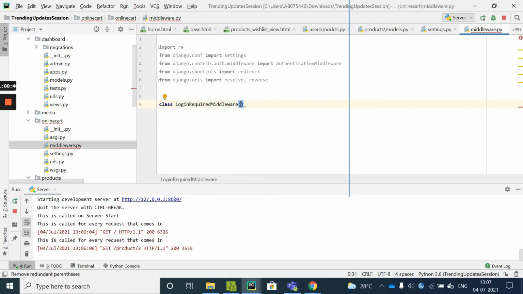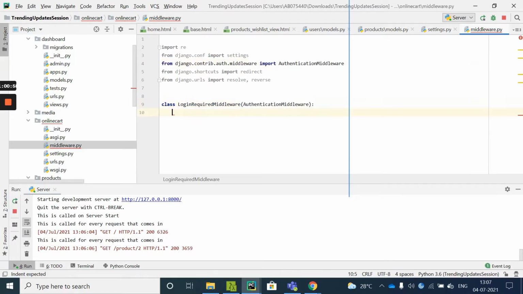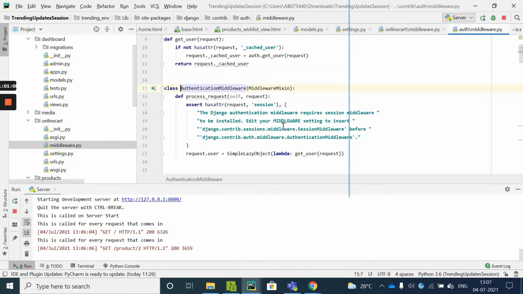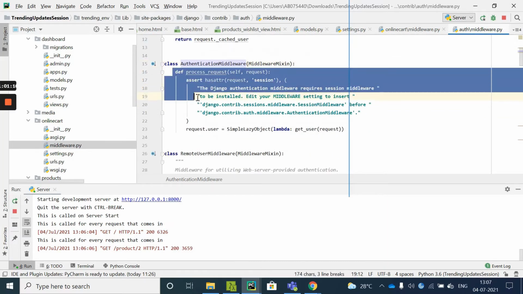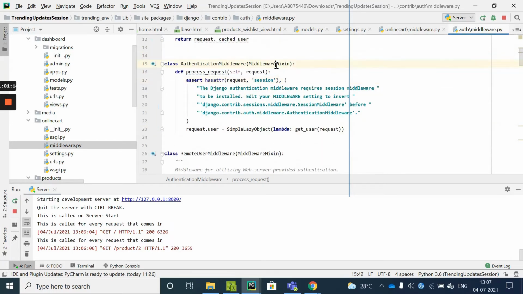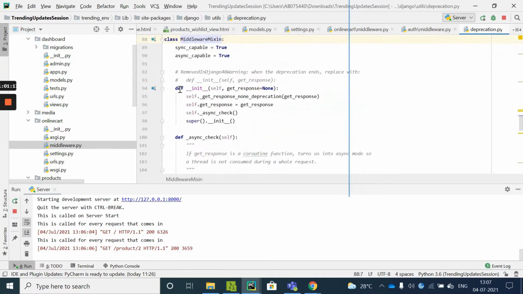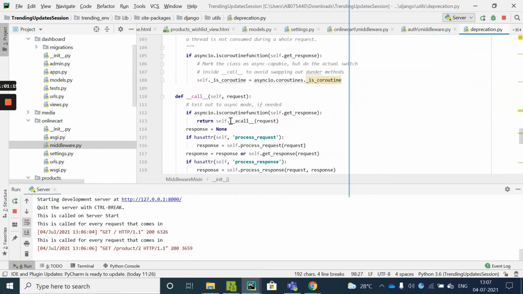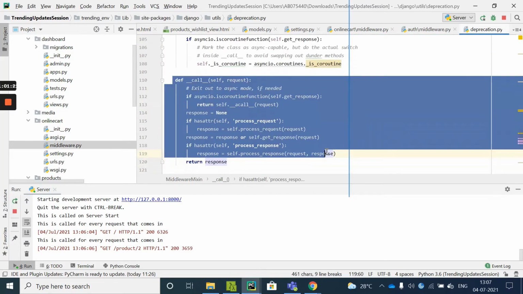What this is going to do is apply login required for every path. I'll pass in this class. I don't need to write the init and call methods again over here, because this class will hold them. Once you go to this class, Control-click, you see here process request is available, which you are taking from the middleware mixin, which will again have the init method, and the call method should also be available for this class.